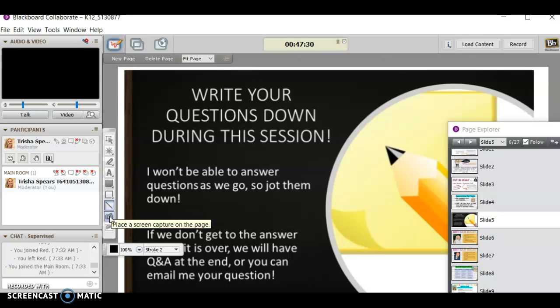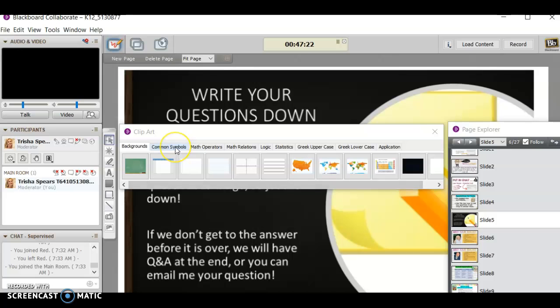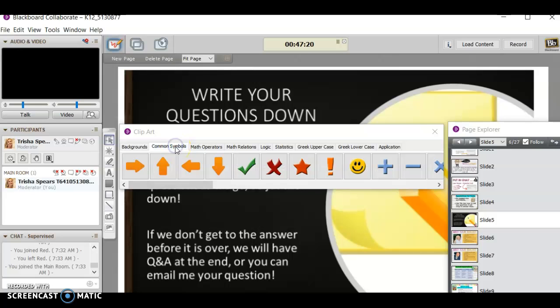This one would place a screen capture or something like that on the page. This one, they can do clip art. Once in a while I'll do that later, where I say go into your symbols, give me, you know, whatever, maybe